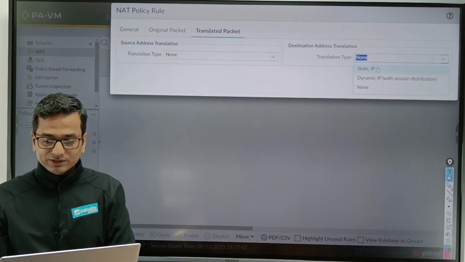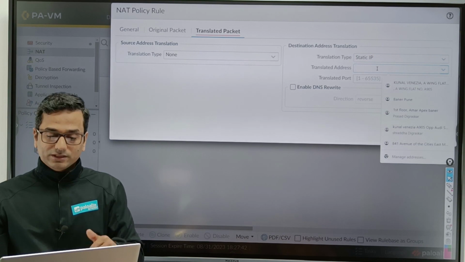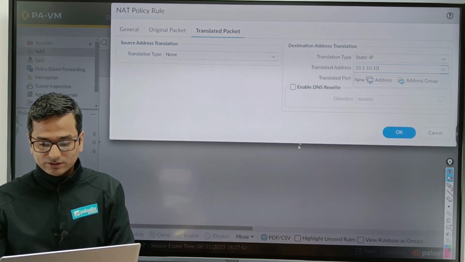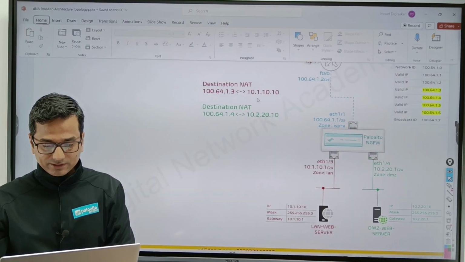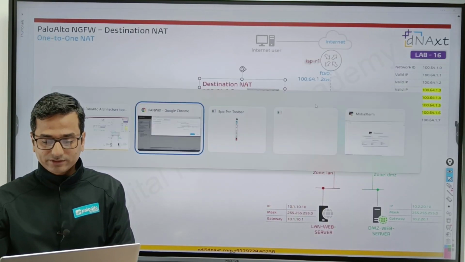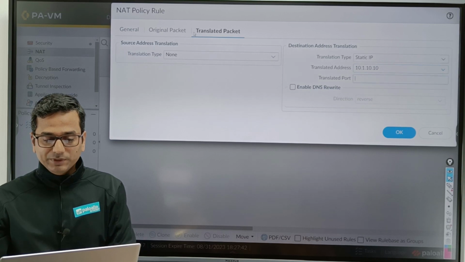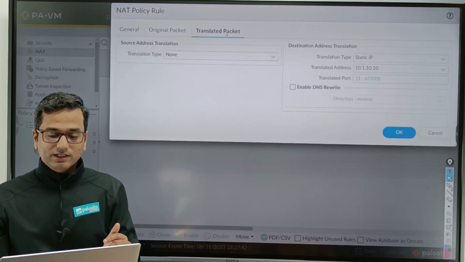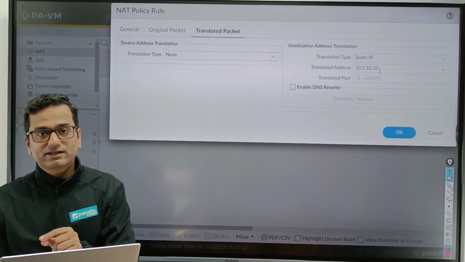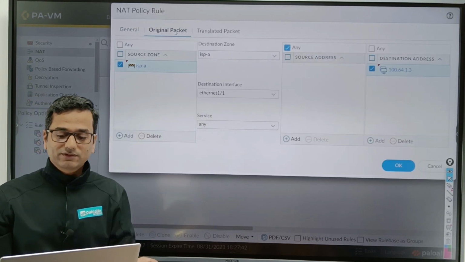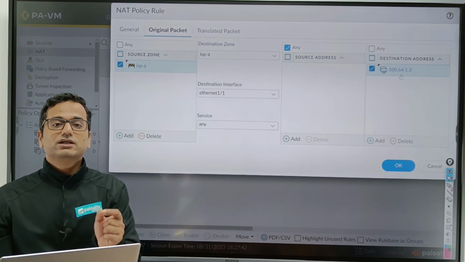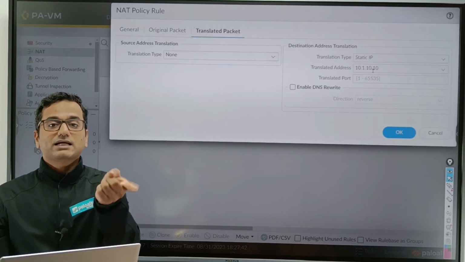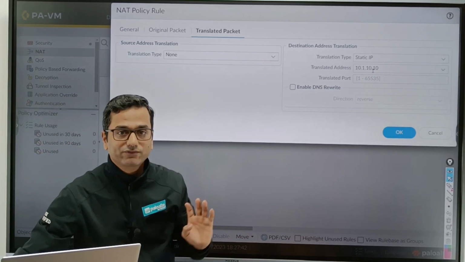Select static IP, and use the private IP address 10.1.10.10. Is it clear? This is the public IP address before translation and the private IP address after translation, or in other words, the original destination IP address before translation and the private destination IP address after translation. Here you have to define it.